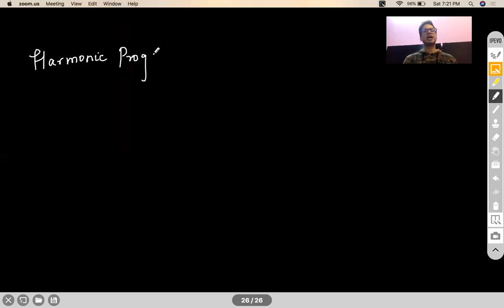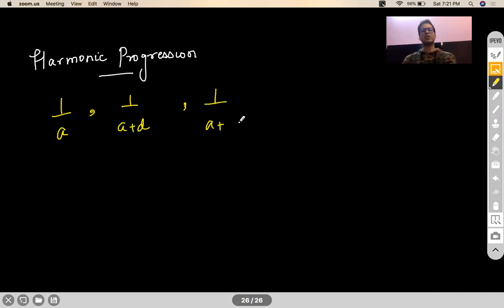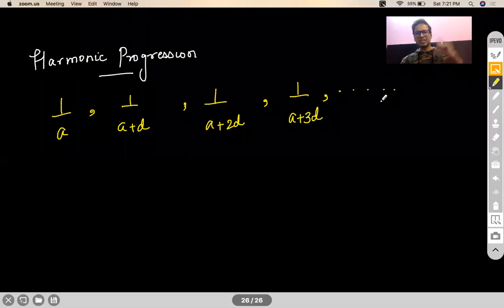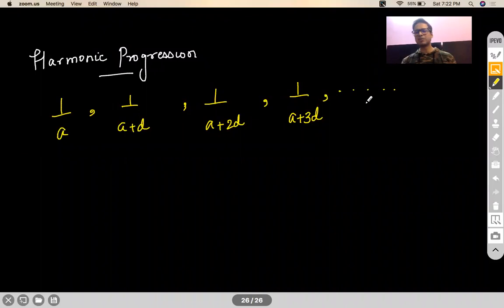So, harmonic progression. What's a harmonic progression? In plain and simple words, harmonic progression is a sequence where if you reciprocate the terms of the sequence, that would result in an arithmetic progression, right? So something like this is a harmonic progression. As you can see, the denominators of these terms that I have written are actually in AP. So if you reciprocate the terms of an AP and write them down, you are actually writing a harmonic progression, and